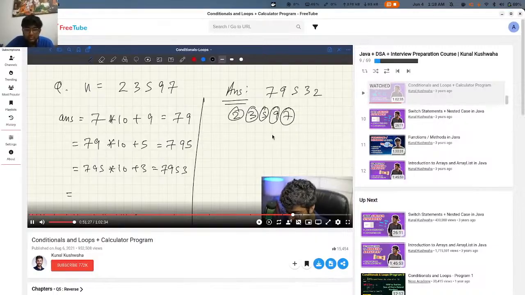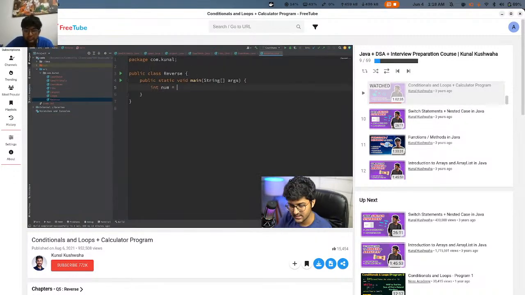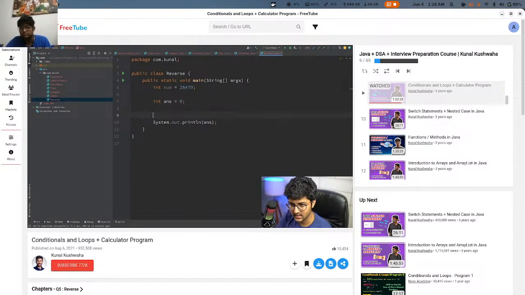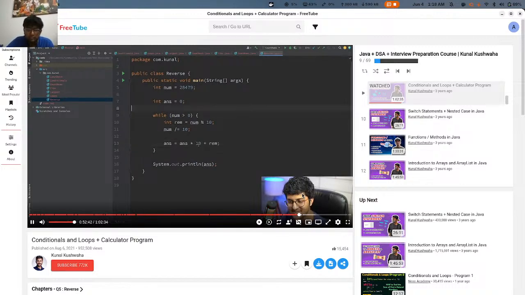Again, last remainder 2. 795. Try to revert: int answer is equal to initially 0. In the end I'm just going to print the answer, and same thing that we did previously, while n is equal to